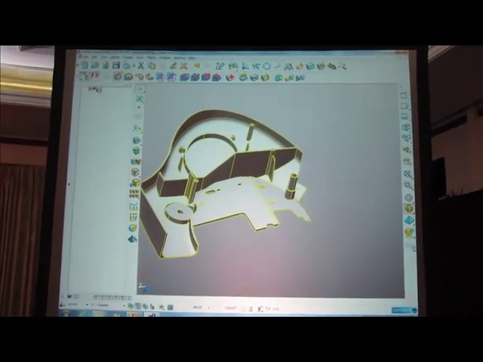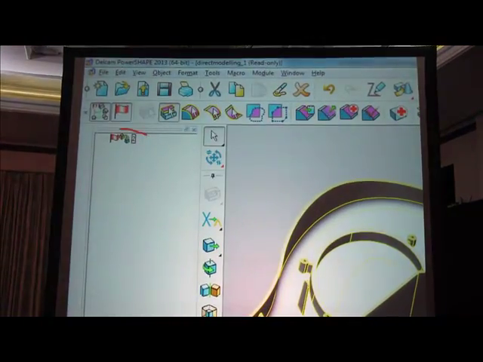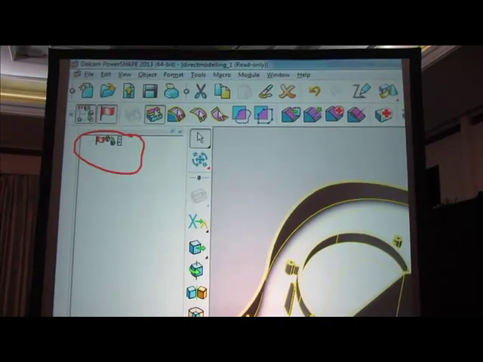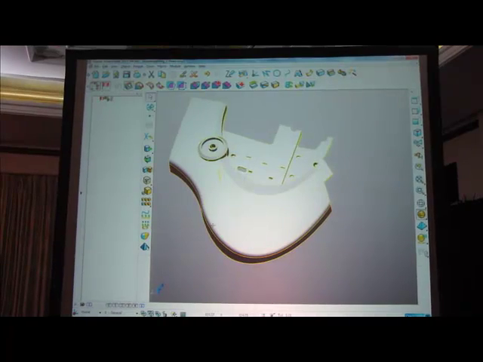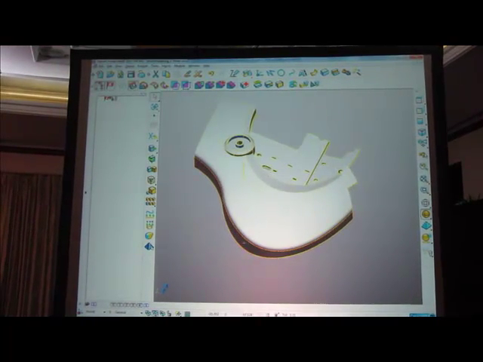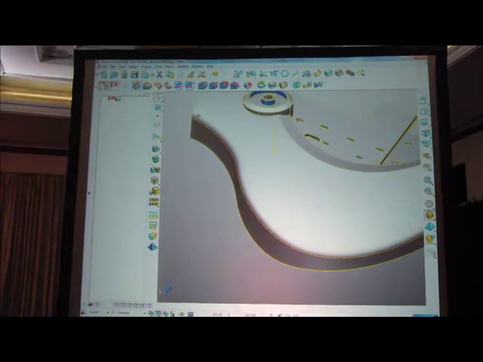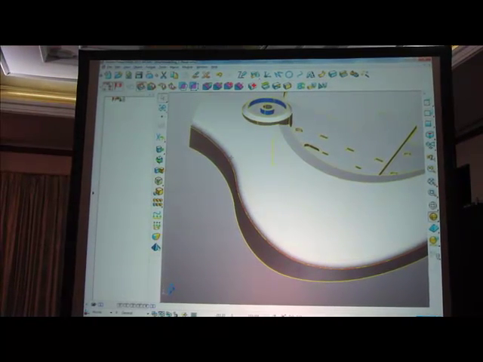History tree for this solid, and you'll notice that this solid has no history at all. Okay? So what we want to do is reconstruct some of the history by identifying some of the features. So if we start with fillets, on the outside edge of this part, I've got this large fillet running